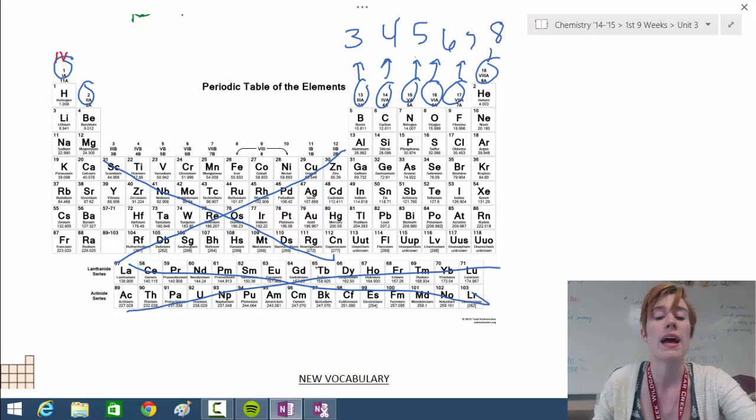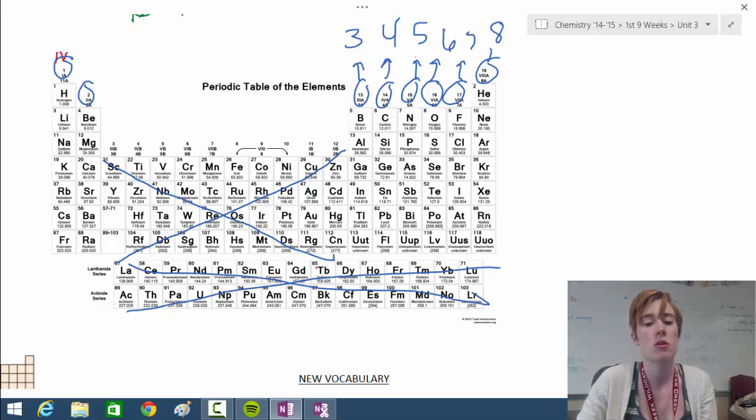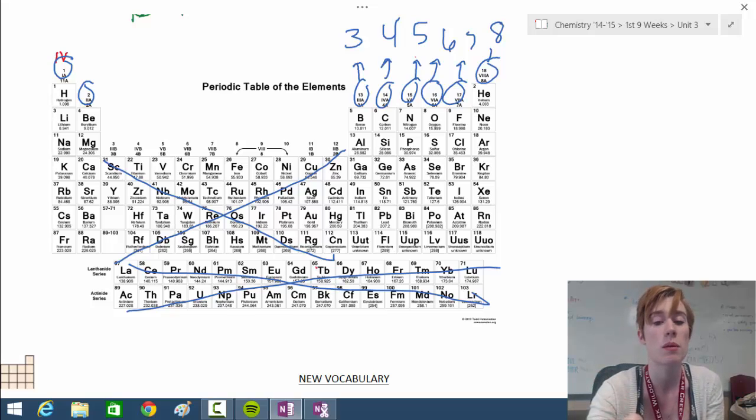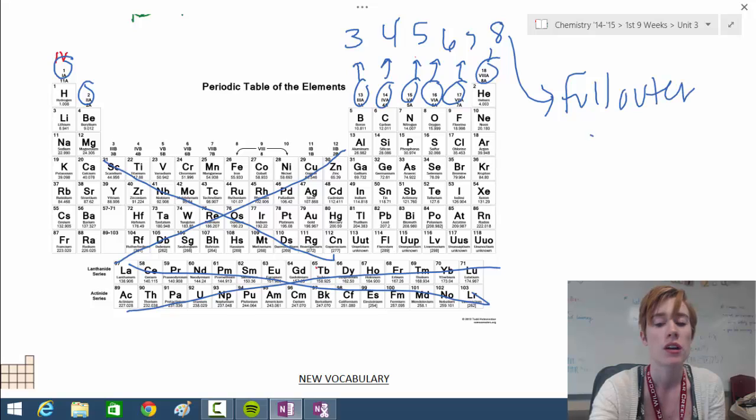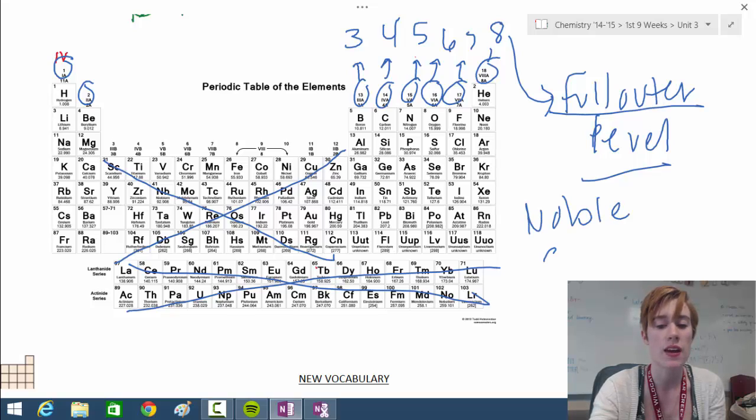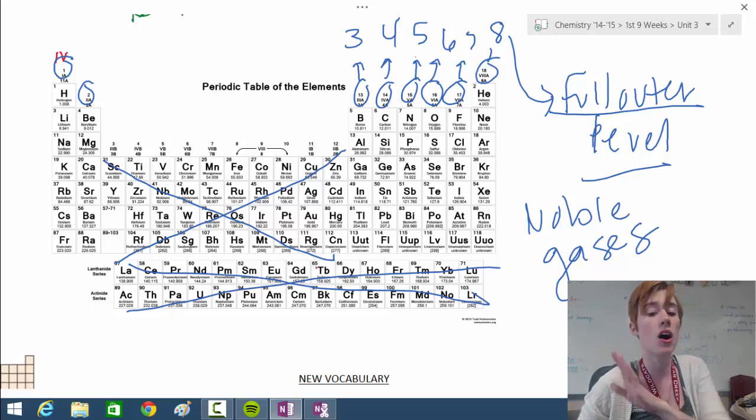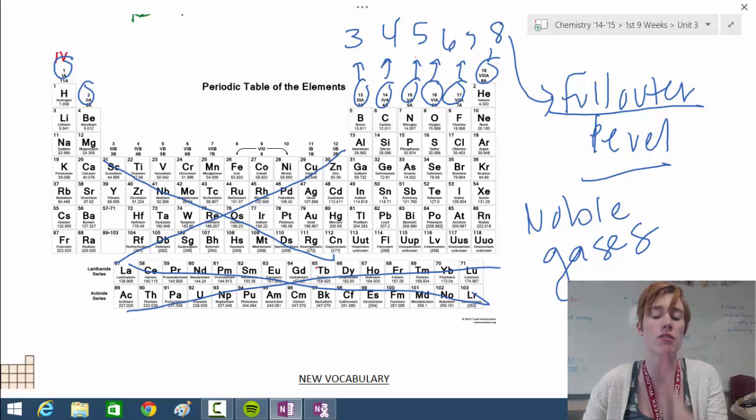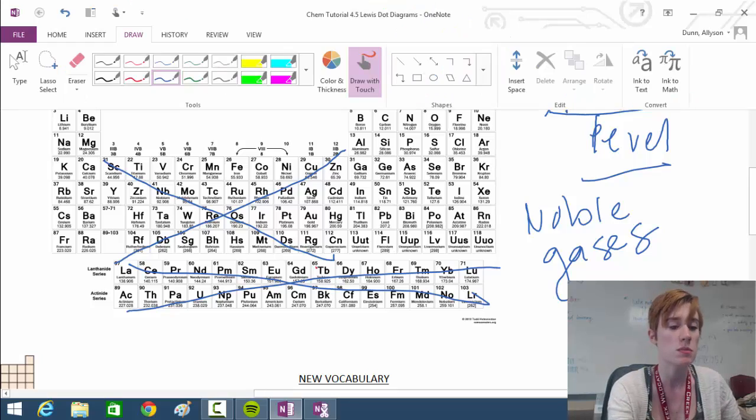So which group has the most number of valence electrons? That would be group 18 because they have 8. Remember, 8 means they have a full outer level. Okay? So we call them the noble gases. Anything that has a full outer level we refer to as the noble gases. All the other elements do not have a full outer level. Which leads me to